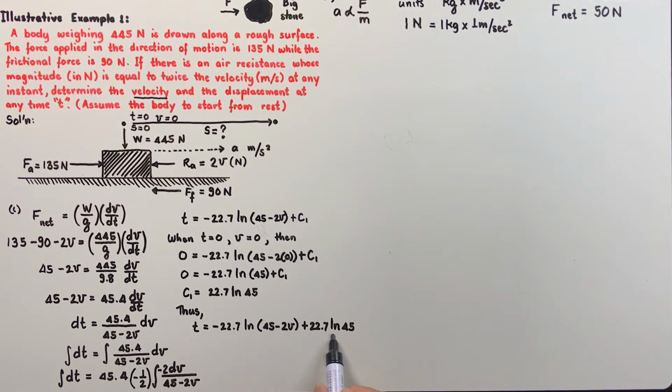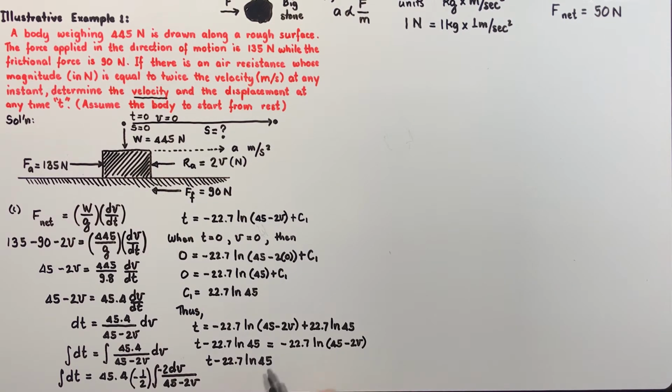So we move this one to the left. So t minus 22.7 times the natural log of 45 is equal to negative 22.7 times the natural log of 45 minus 2v. And dividing both sides of the equation by negative 22.7, we have t minus 22.7 times the